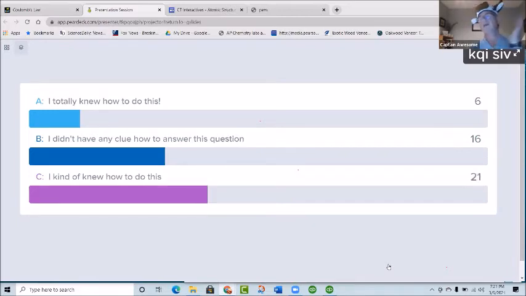You know why? Because in AP chemistry, some of it's not hard, but some of it's been a very long time ago, right? So for those of you who said I kind of knew how to do this, totally expected, because you haven't done this in a while. And it's just something you want to kind of go back over and look at.